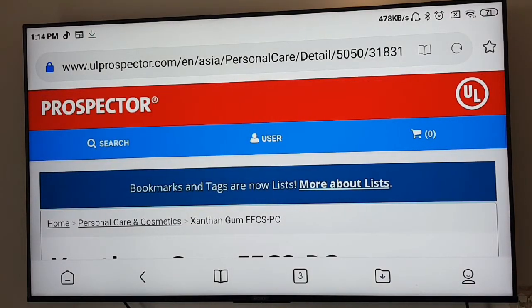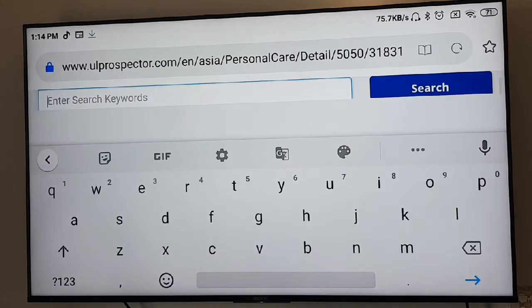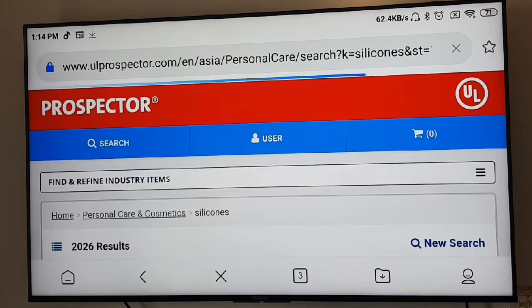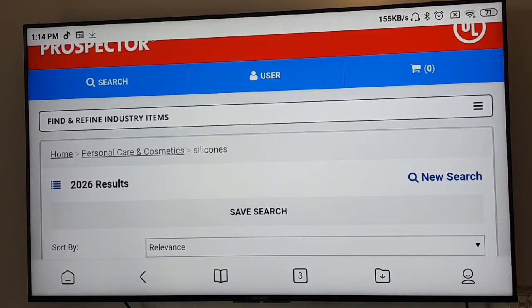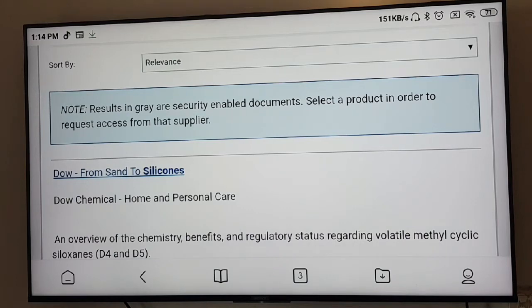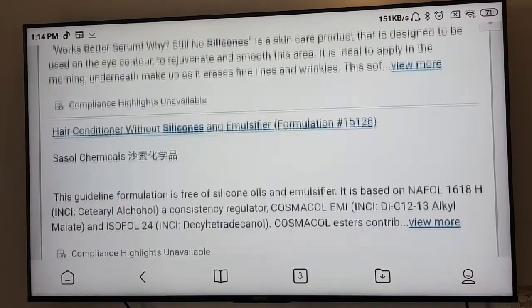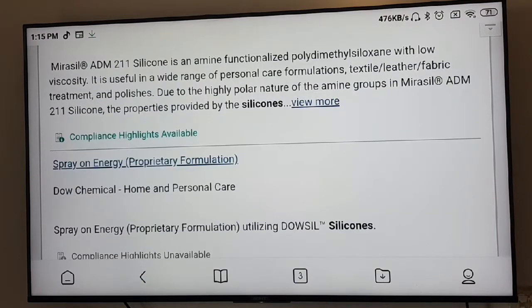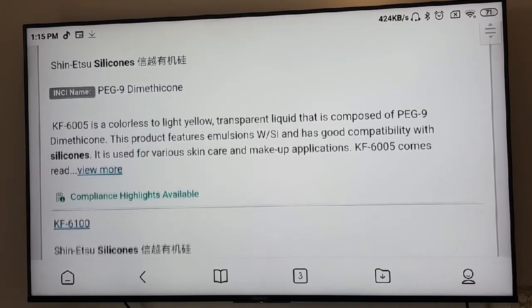See, for example, silicones. You can search silicones. So there are 2026 results on silicones, various silicones and various grades of silicones. This is listed here.